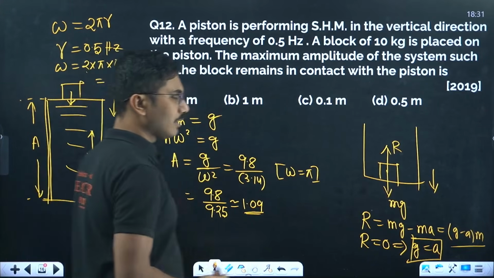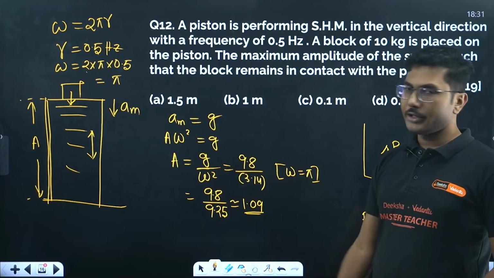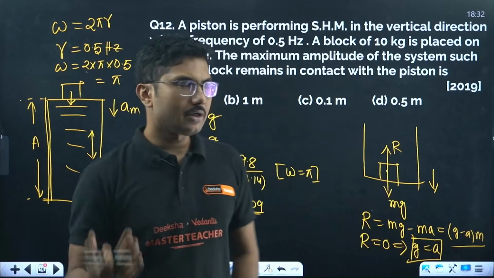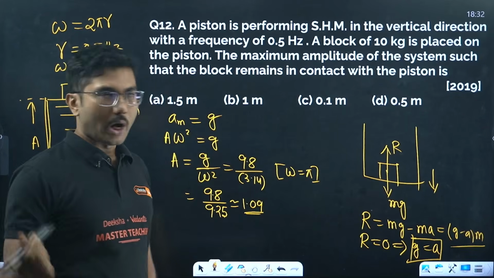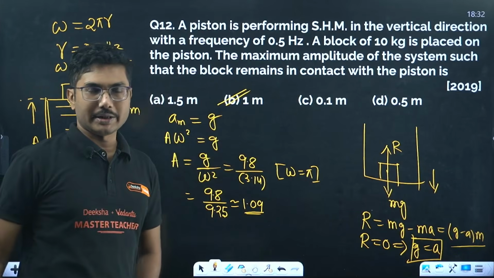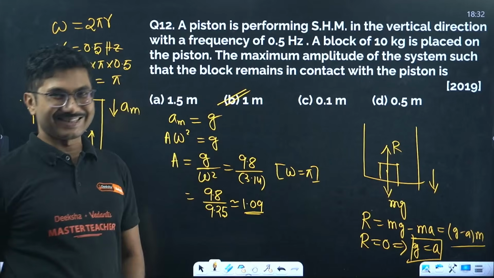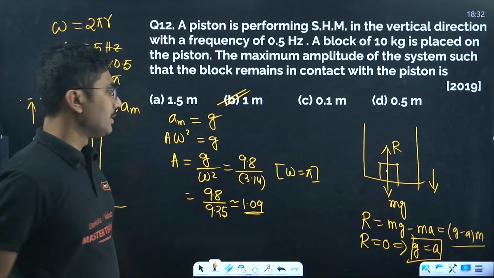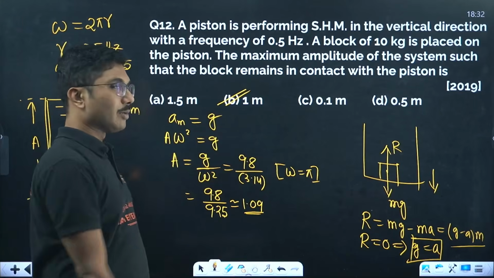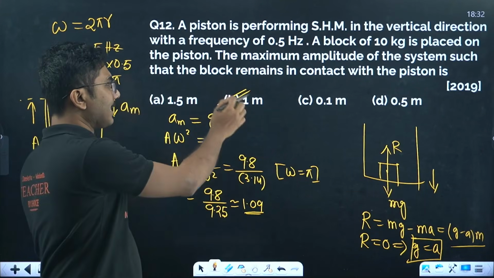Now if you don't understand why it is 1.09, at least you can understand that if you ignore 0.8 and 0.86, 9 by 9 is equal to 1. So the closest result for this value will be 1, and in the options only one closest option is given, that is 1. It cannot be 1.5. For it to be 1.5, it has to be of the order of 6. Then only it can be 1.5. Otherwise it will be 1.09, which is close to 1.1. That means the correct answer will be 1